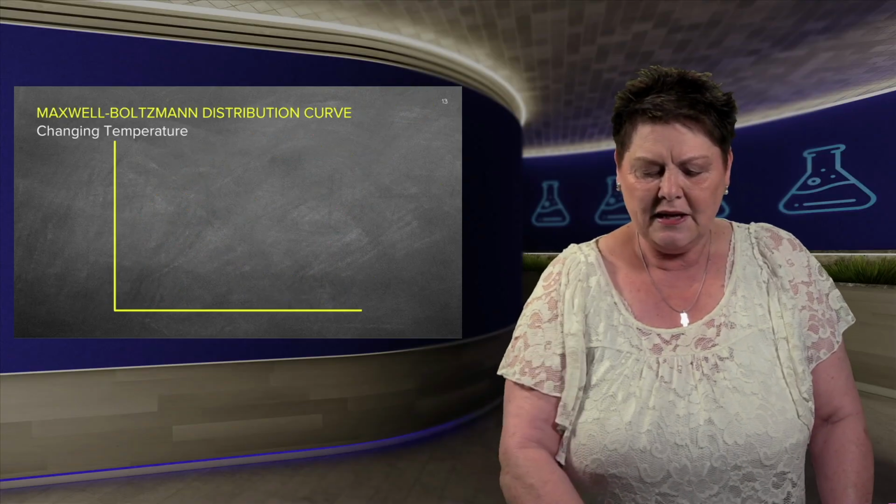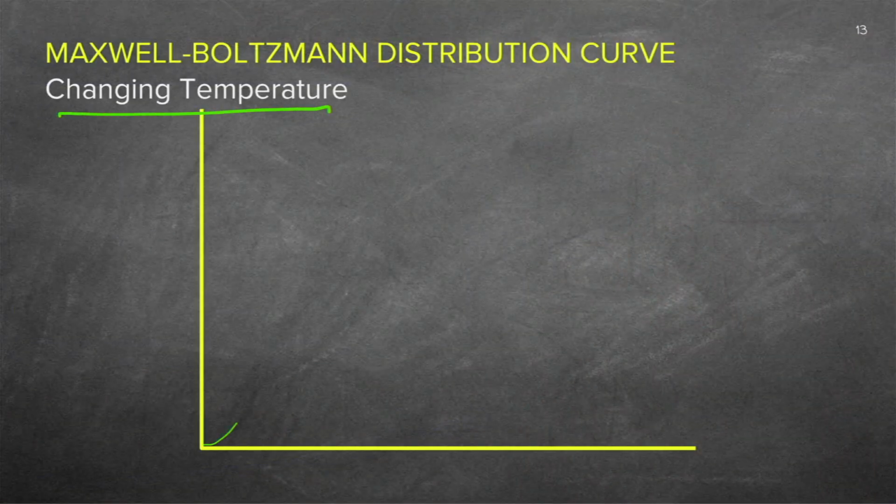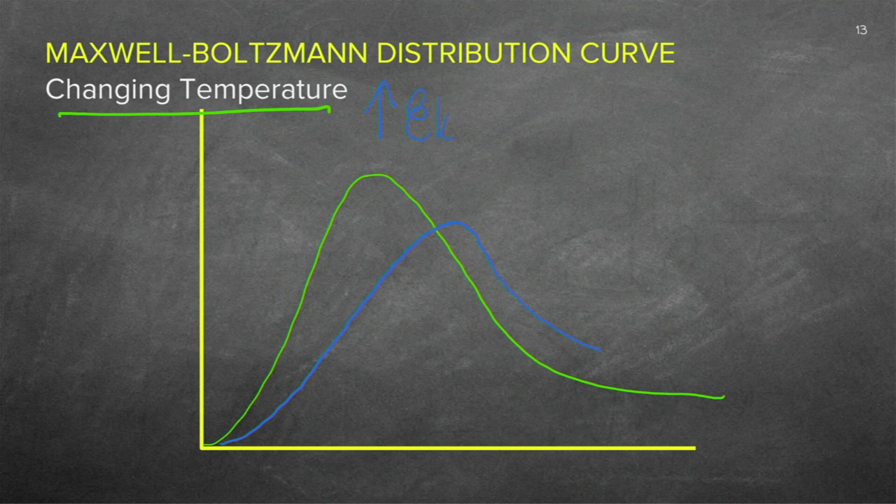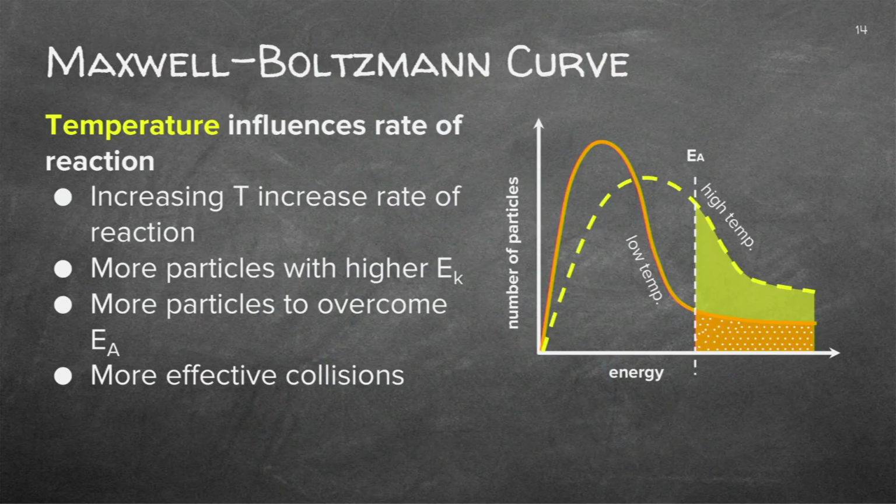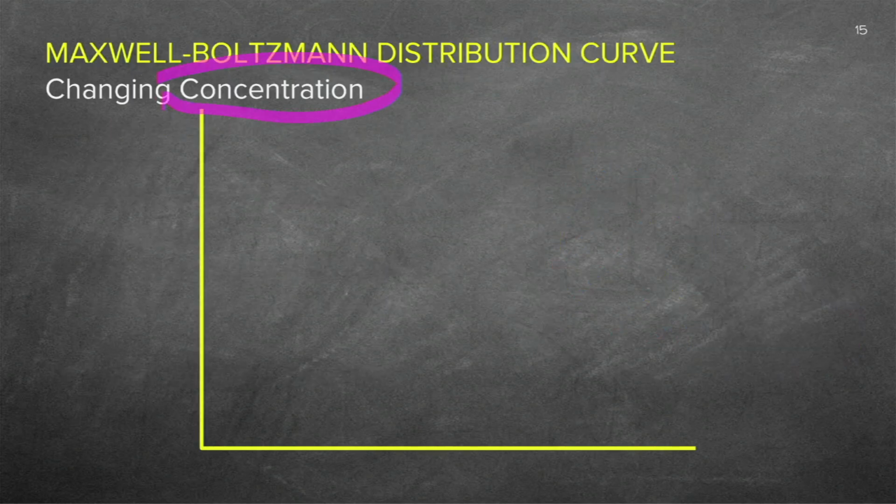Right, let's see. If I change the temperature, I first have this, you can see that. What will happen if I change the temperature? I will increase the kinetic energy, so more particles will have more energy here. Let's have a look. I'm increasing the energy. I'm not increasing the number of molecules, so I'll still have these. I'm just pushing it now. Have a look. I'm pushing it here because more of them will have enough energy. So more effective collisions.